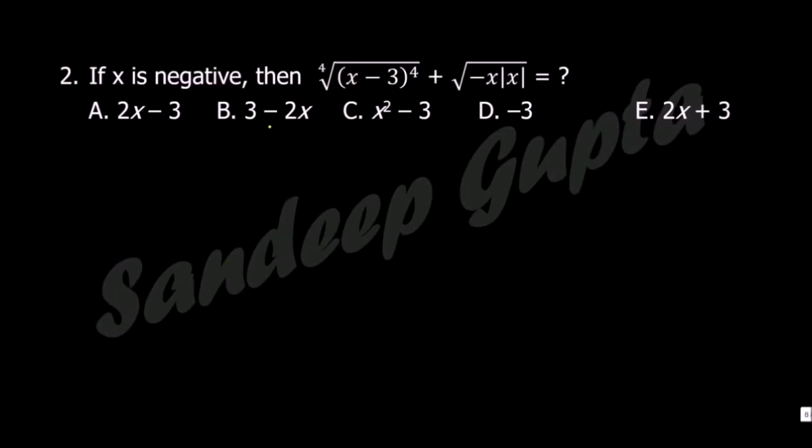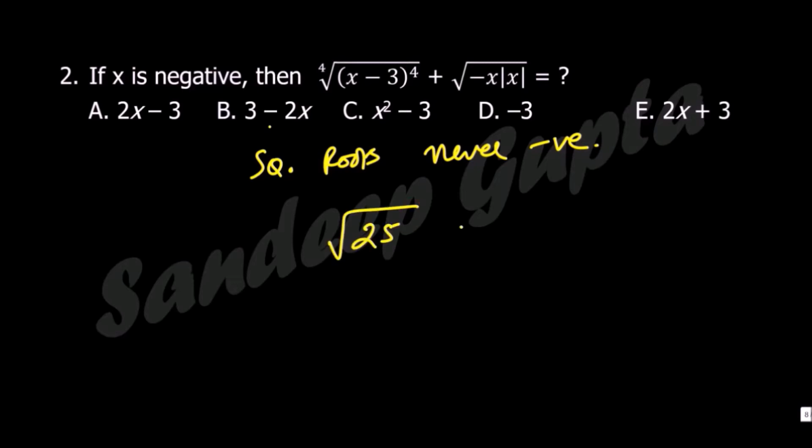So whenever you look at an algebra problem on the GMAT that looks a little challenging or daunting, the best way is to try to substitute a number and then solve the problem. But before solving this problem, you have to know one property, that square roots on the GMAT are never negative. This is a rule on the GMAT. Outside of the GMAT, you may say, oh, square roots are negative also. We know that root 25 is 5 or minus 5. But please remember, on the GMAT, minus 5 is never the answer. 5 is the only answer for square root of 25, and no square roots are ever negative.